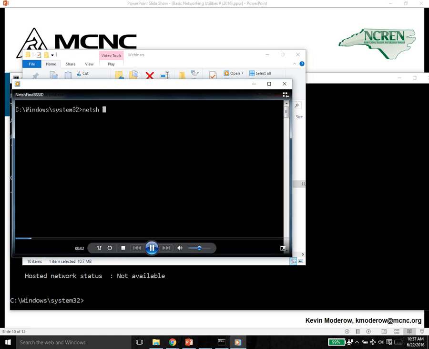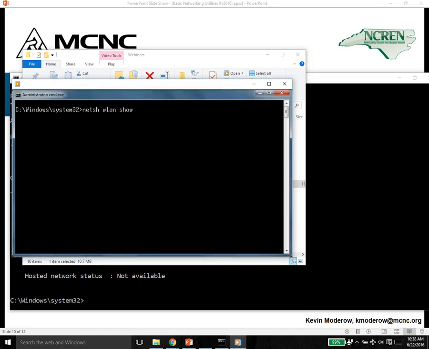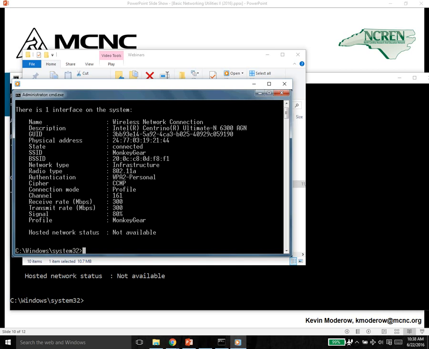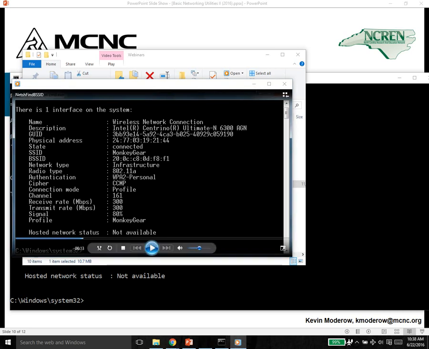It has a show interfaces command. And that show interfaces command includes things like the BSSID, and in this particular case I'm using wired, so I'm going to go back here. So here's an example of using netsh to find what access point am I actually connected to. So if I pause here,